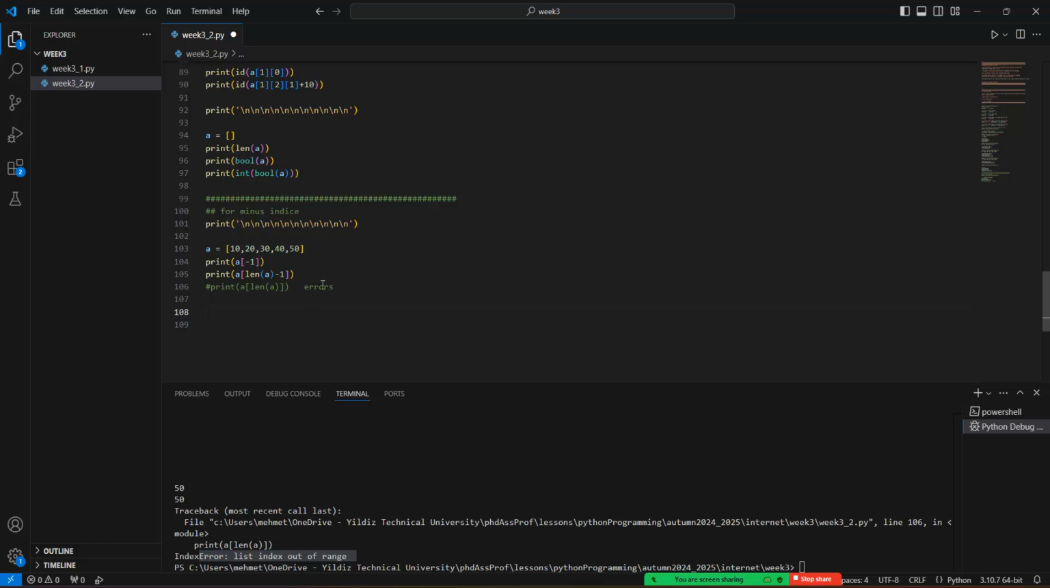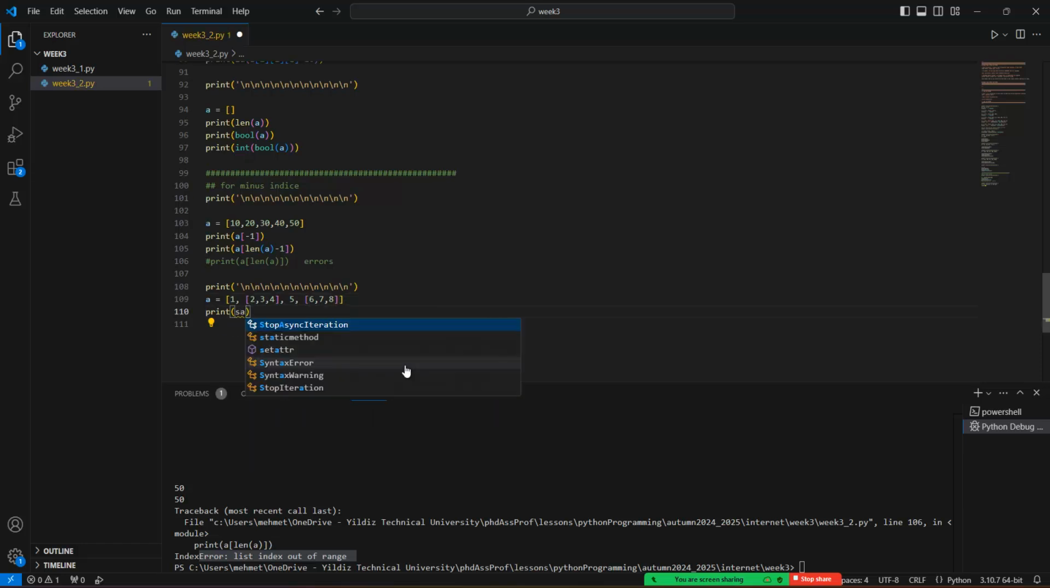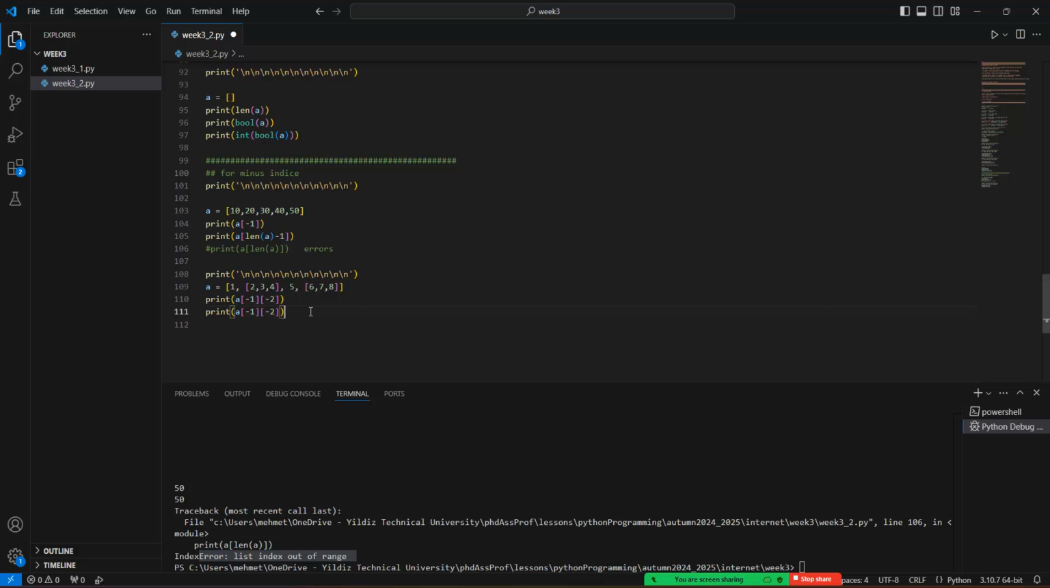So what about this one? Here A is equal to 1, 2, 3, 4, 5, 6, 7, 8. Okay, print A minus 1 minus 2. What's the output of this code? If we look at this code, we should give the len A in here, and in the second place the len A minus 1 should be given in here,